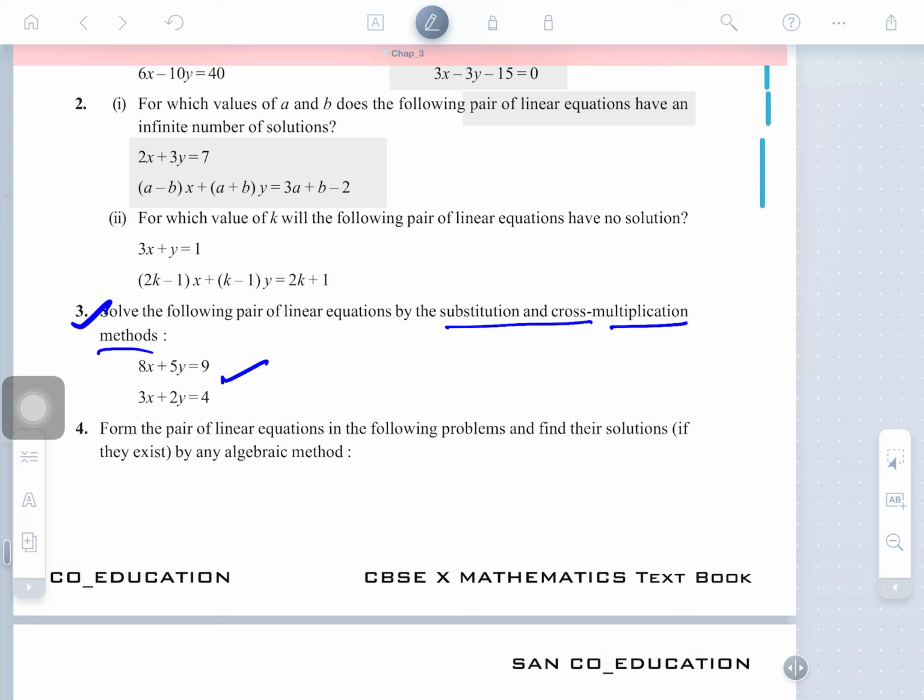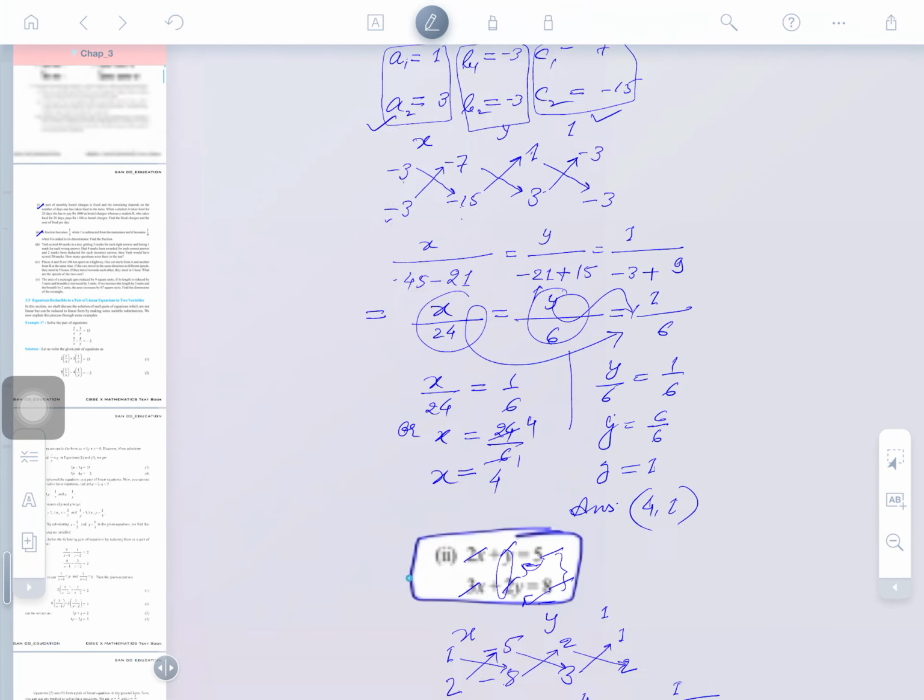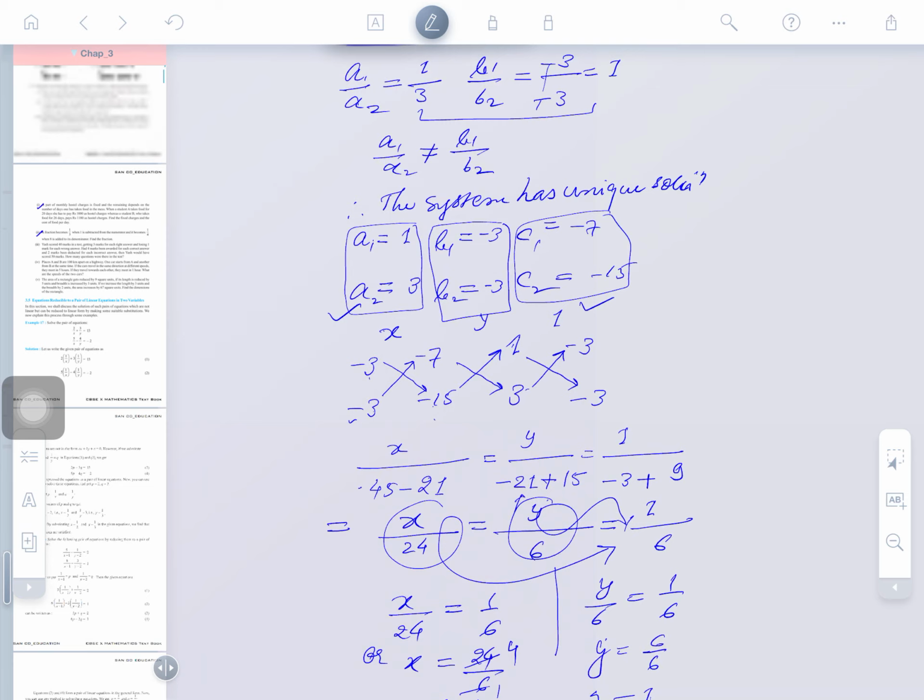We have started the cross product method of solving linear equations in two variables, and we have solved a lot of questions using the cross product method. I just want to tell you which ones we solved yesterday. The questions are here. You may see these questions we solved yesterday. This is called the cross product method.